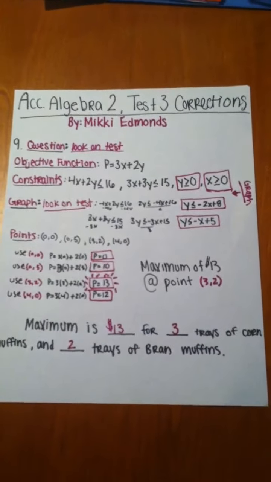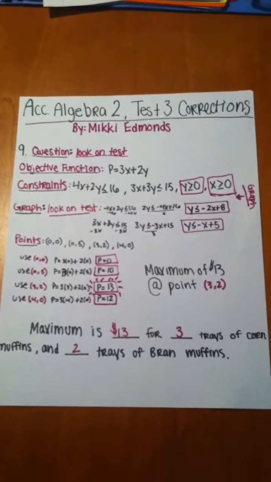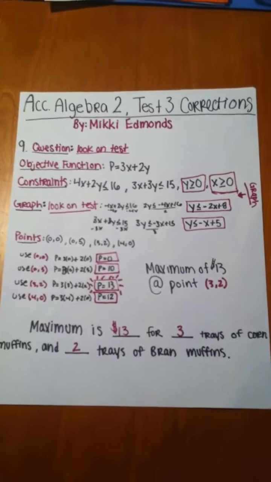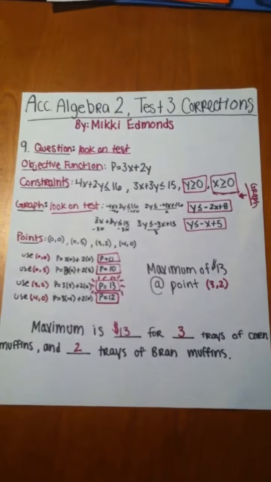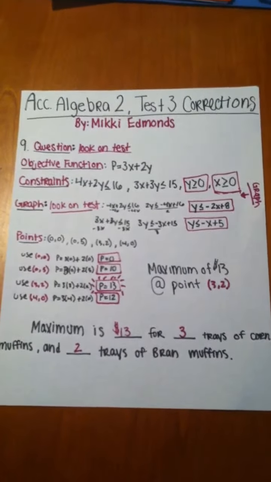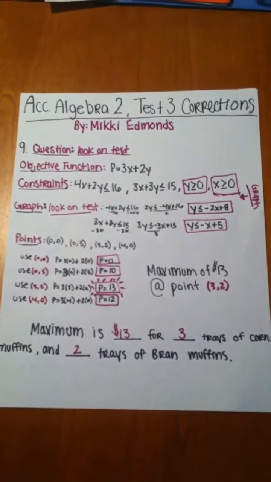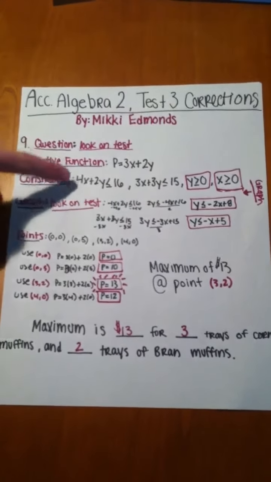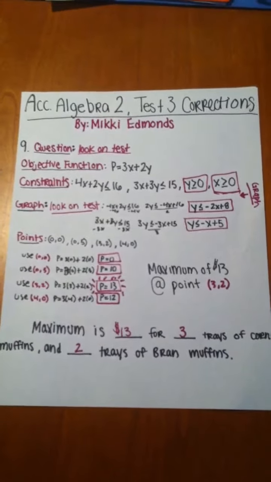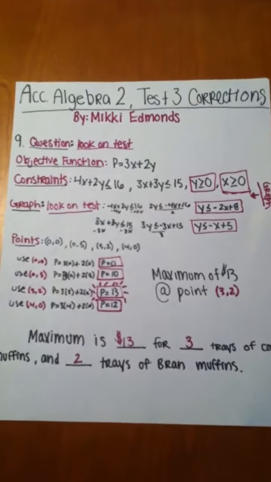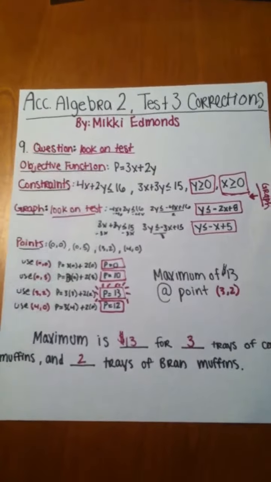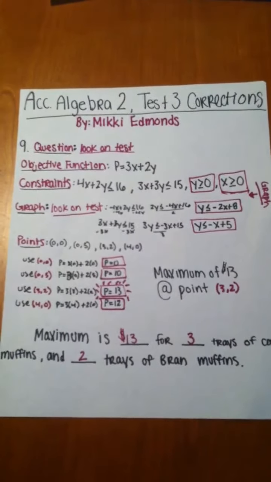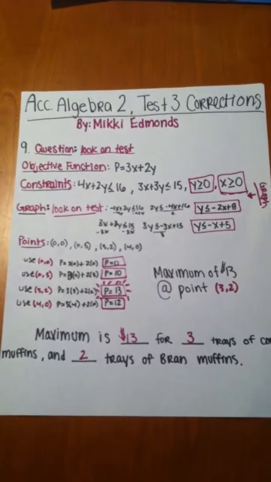Next you have to write your constraints. First you have to write one for the amount of milk it takes to make muffins. So for corn muffins, it's 4 cups of milk, so you have 4X. And then for bran muffins, it takes 2 cups of milk, so you have 2Y. And you can have a total of 16 cups of milk, so you have less than or equal to